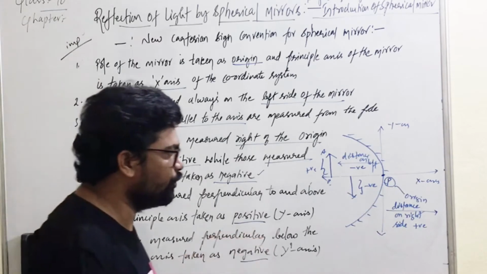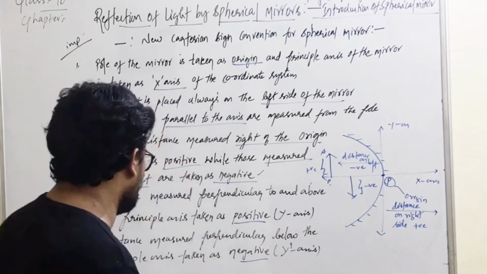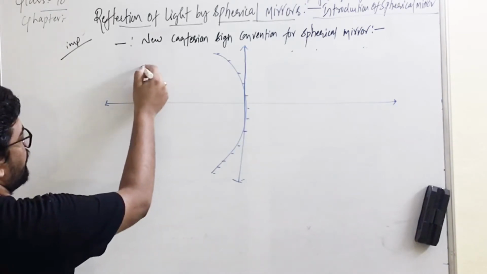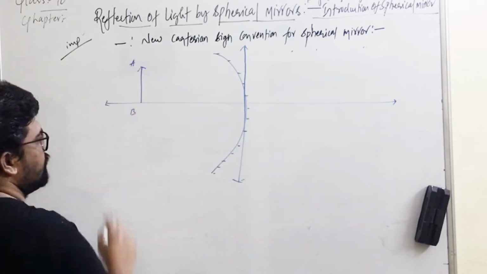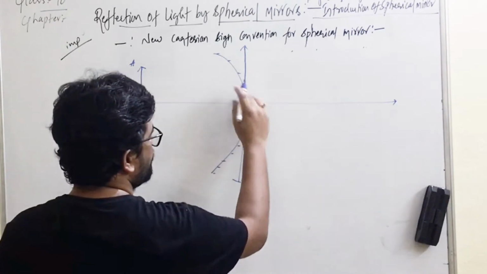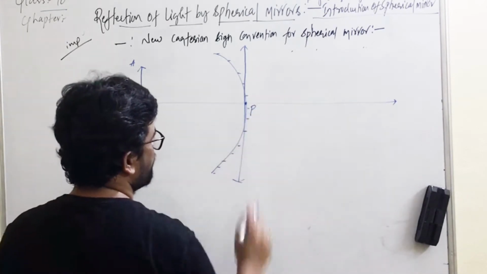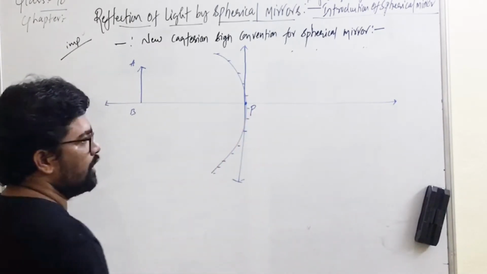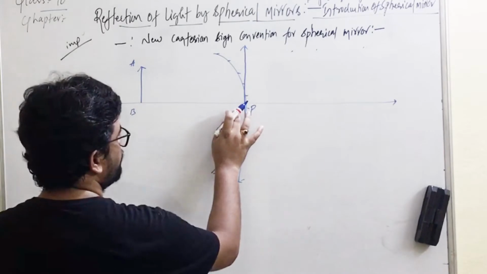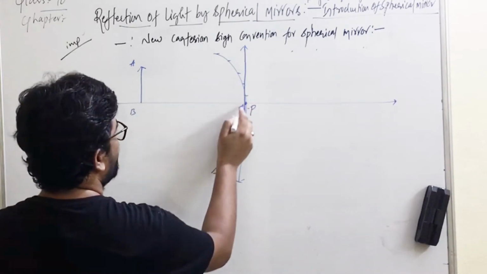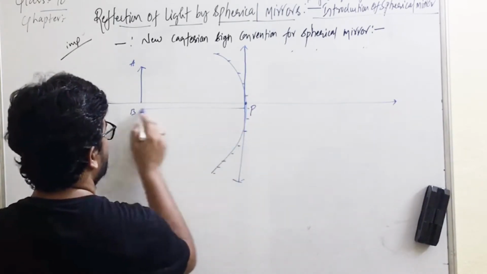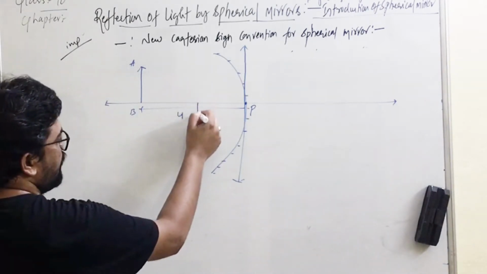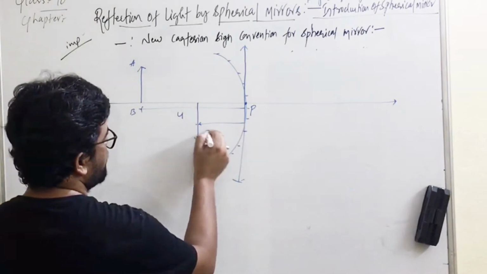Let us move into more detail. How do we put the values down here? This is our concave mirror, and an object should be on the left side. Let us take AB as our object. The origin of this coordinate system is the pole, and all distances are measured from the pole. The distance from the pole to the object is my object distance u. I get an image over here, and this is my image distance v.